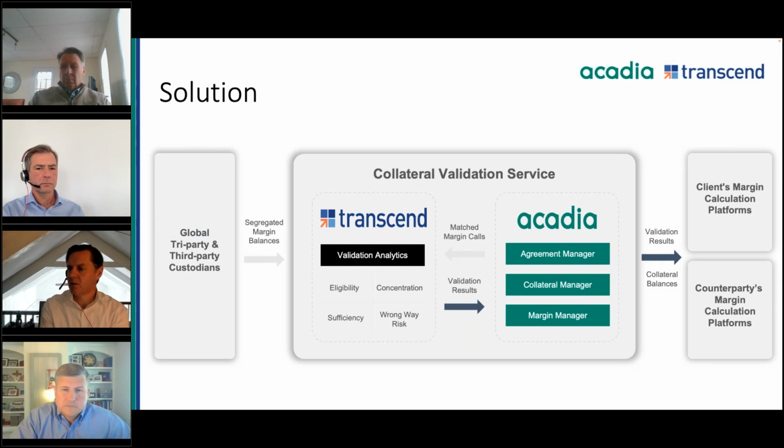And I guess, Todd, the other thing which is a significant part of what's being done here is the consolidation of all of those eligibility and concentration rules into a standard way of capturing and, more importantly, interpreting those limits, right? There's a lot of work that goes into being able to handle all of those different combinations and variations across the different tri-party or third-party arrangements that have been set